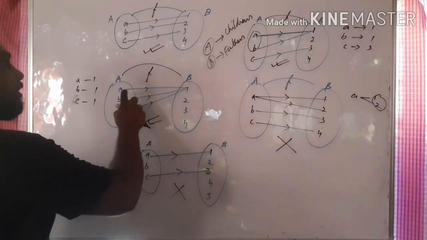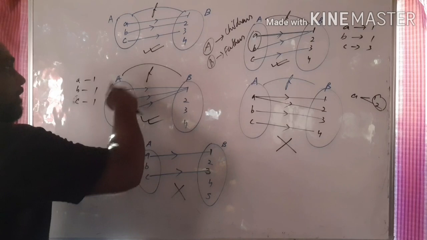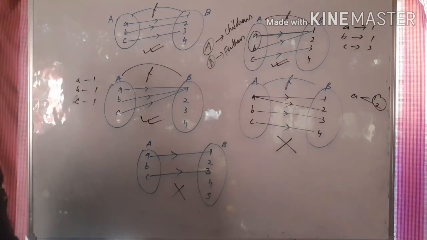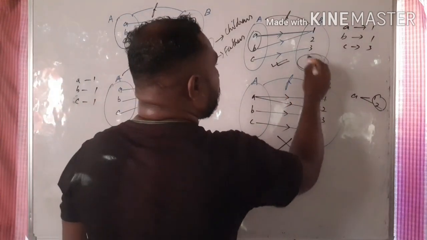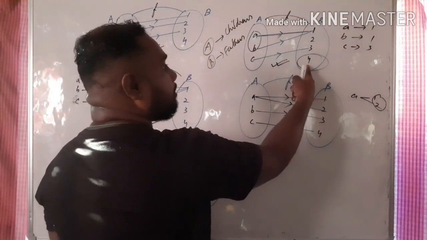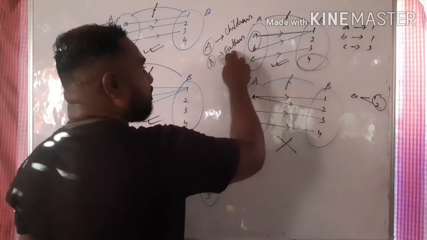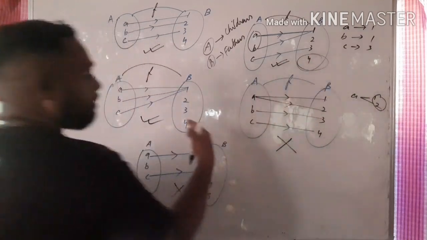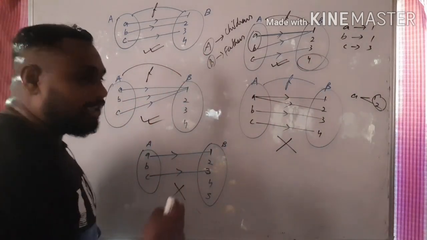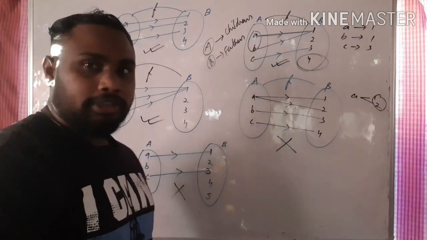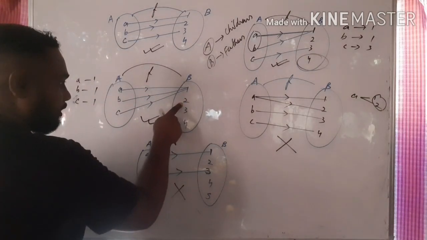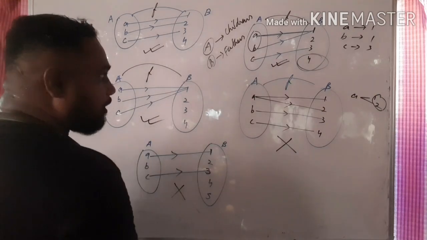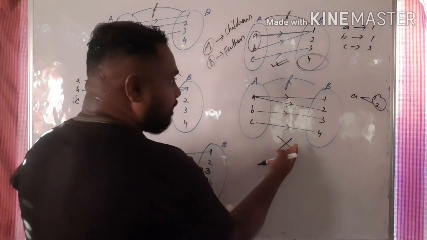This father can have three children. That is possible, isn't it? And some fathers don't have children, isn't it? So this is also possible. This is the set of fathers I have considered. So some fathers don't have children. So that is also possible. So it is a function. So yeah, I am relating to a practical example. This father, this father, this father, three fathers don't have children. That is possible.